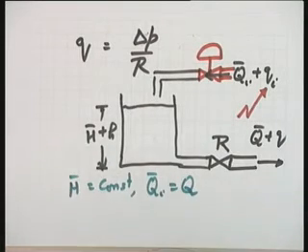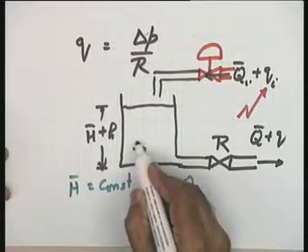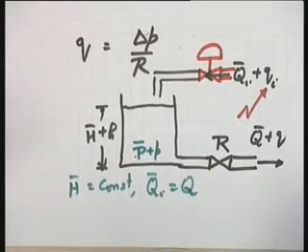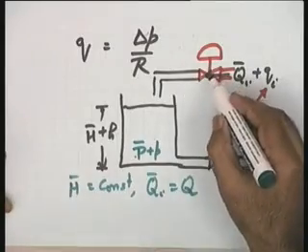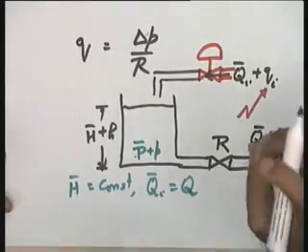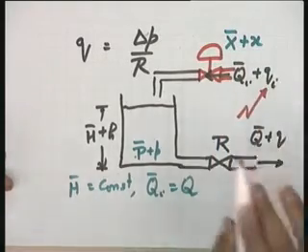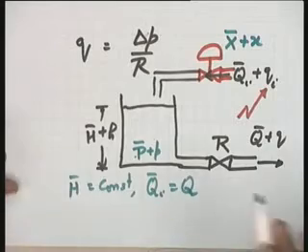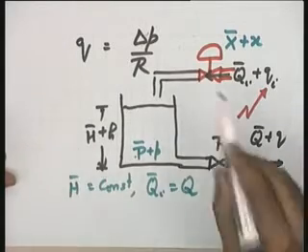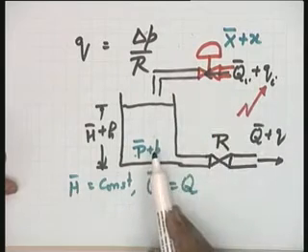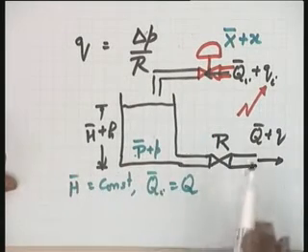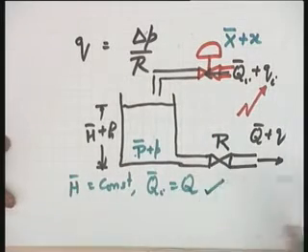If there is no disturbance, you are happy: the flow output is equal to the flow rate into the system, and the height of the liquid, and hence the pressure at this particular point, P bar, remains constant. And at this point your flow control valve is at some particular situation, and that particular point let me call X bar. Capital X bar is the steady state opening of the flow control valve. So, with respect to the steady state opening, Q I bar is the inlet flow, P bar is the pressure, H bar is the height, and Q bar is the outlet flow following this particular equation. I hope this situation is clear.